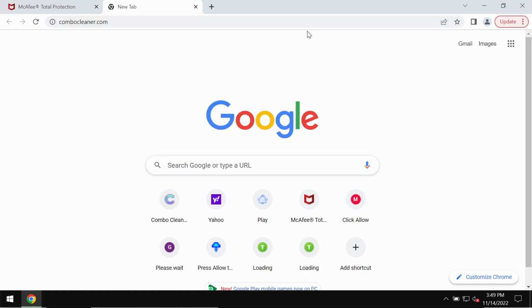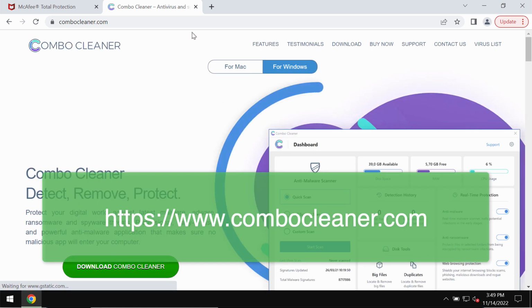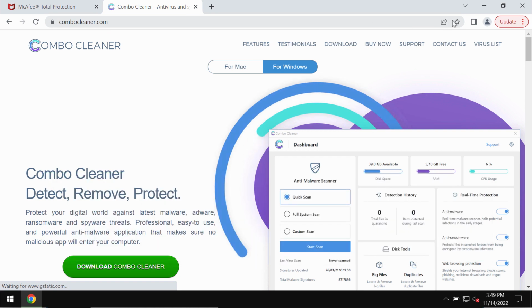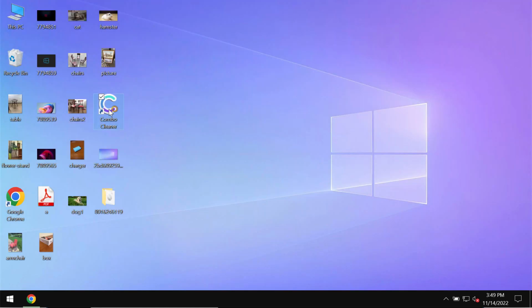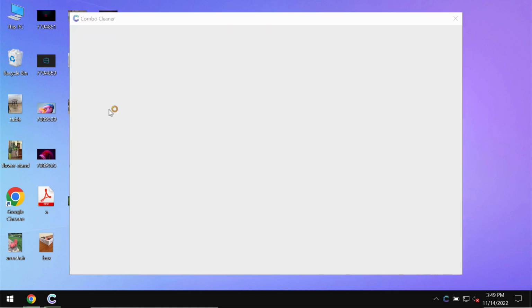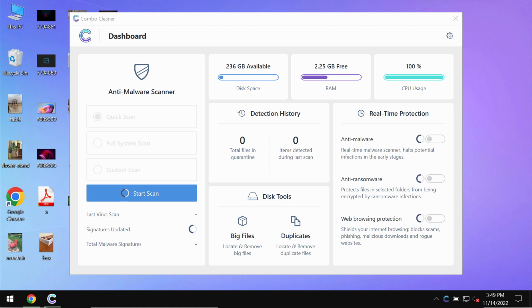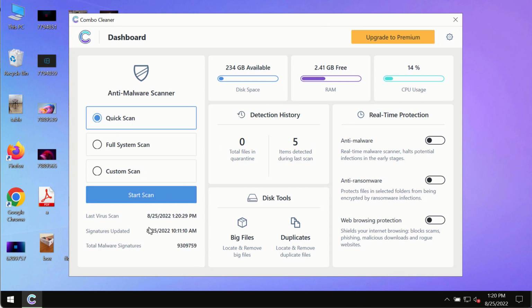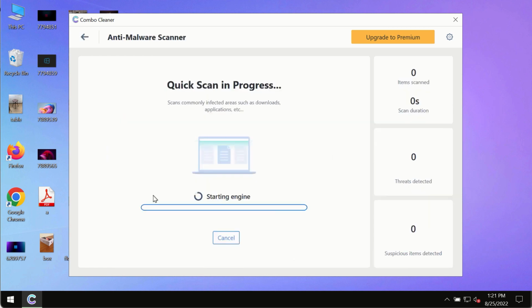I also recommend that you scan the system with Combo Cleaner antivirus. You may get it on the official website combocleaner.com. Download the application, install it, and then after it gets successfully installed, start the application and begin scanning your system with its help. After you have successfully downloaded and installed Combo Cleaner antivirus, make sure you click on the Start Scan